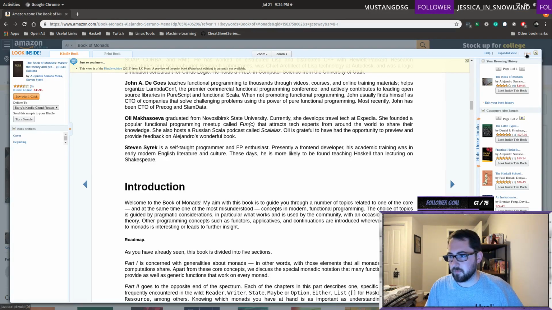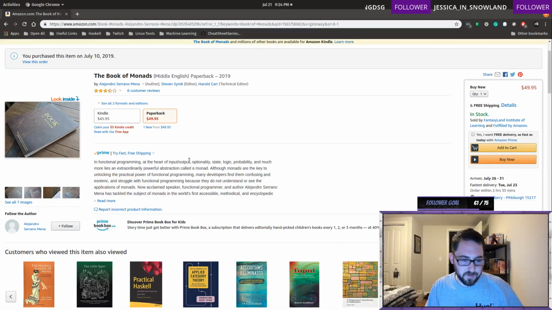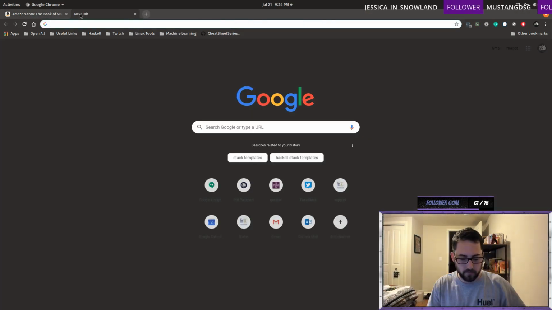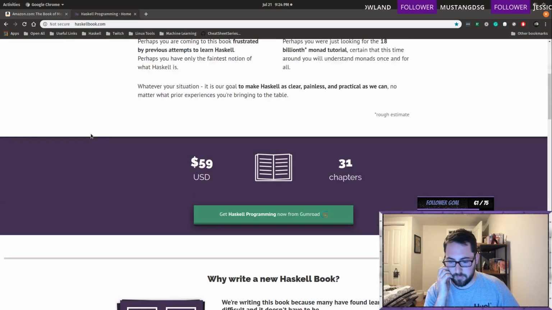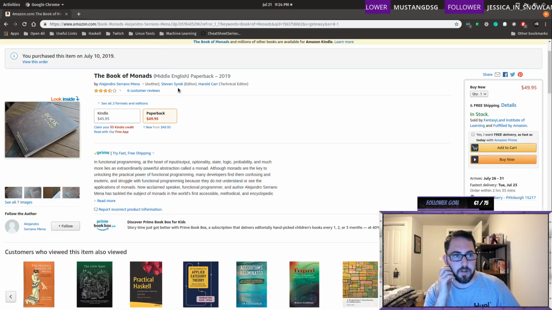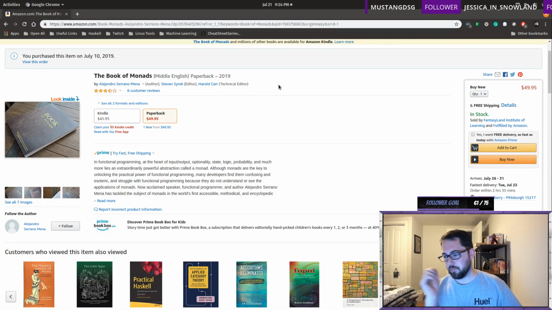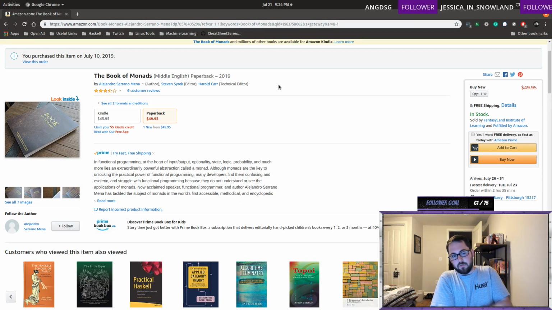The cool thing about this book specifically is, well, it's a little bit expensive. Is it more expensive than the Haskell book? I don't think so. I forget how much this book is. It's a little bit cheaper than this book, but it's all about monads and practically using monads.